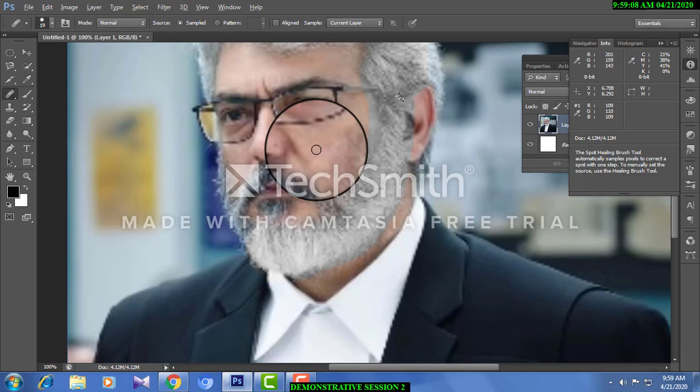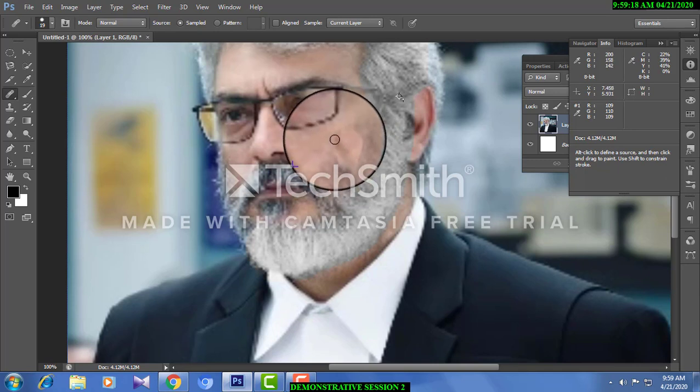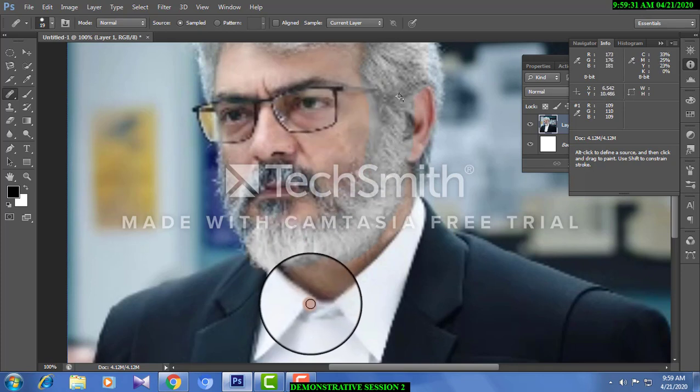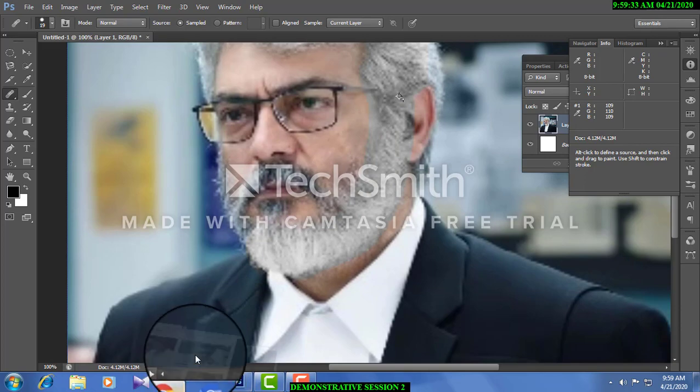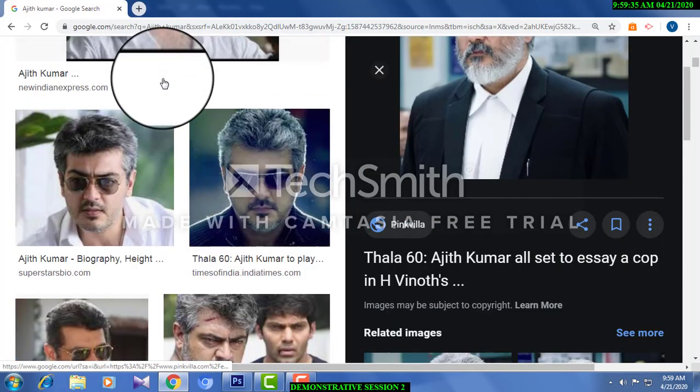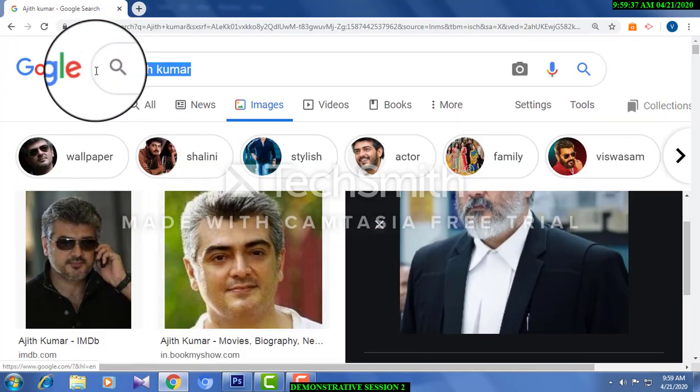You choose a particular point by pressing Alt. When you press Alt, you see a symbol like this, a cross mark. Click that. A sample is chosen. Now look here. Are you able to see? Slowly a sample is chosen. From there it appears. Are you able to see? A little better, maybe a pimple face, for example.